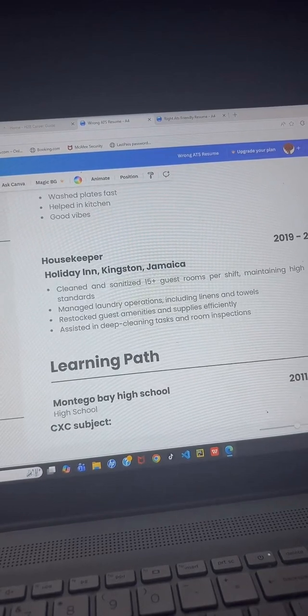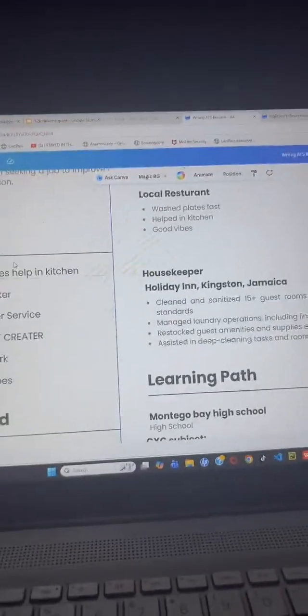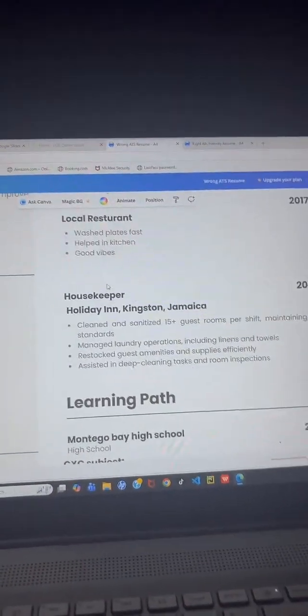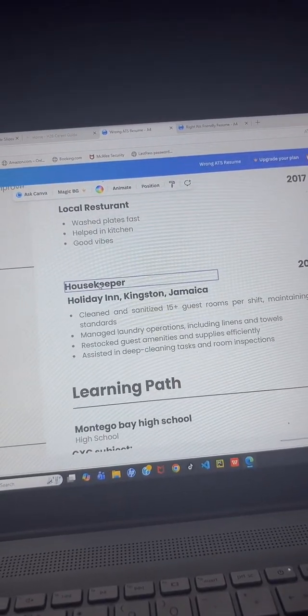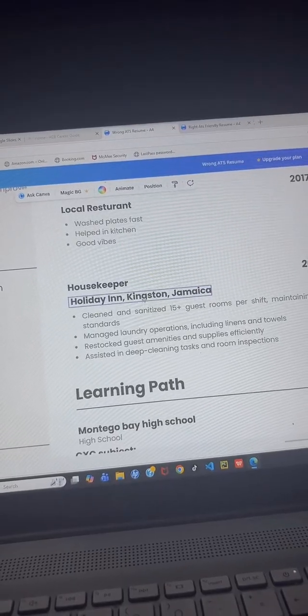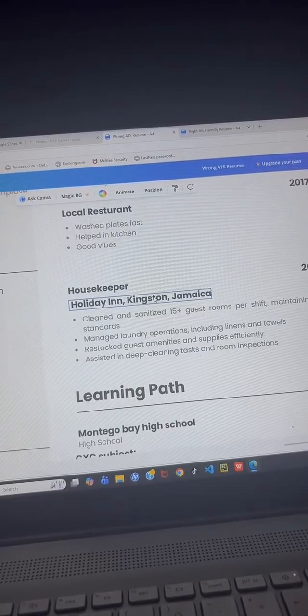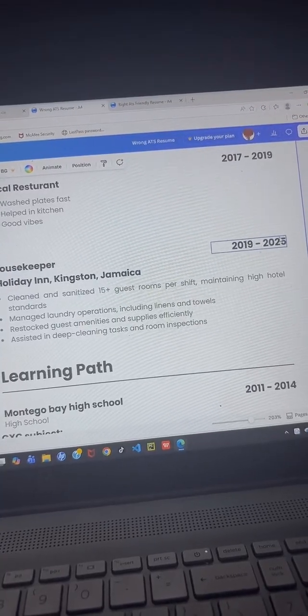Alright, so this part is good, some of it. So she labeled the job position, then she put the company name, then the city and the country where the job is located, then she put the year where she started and ended.